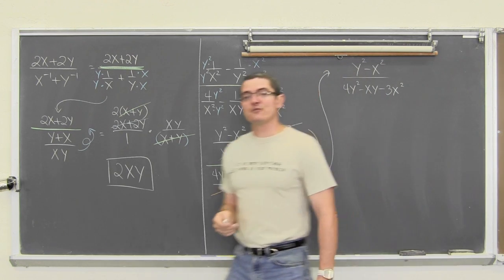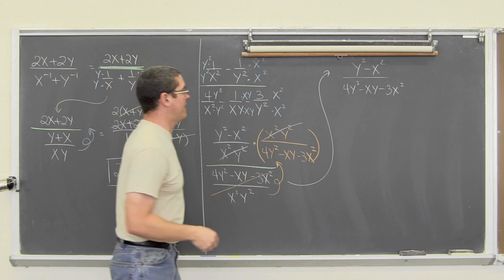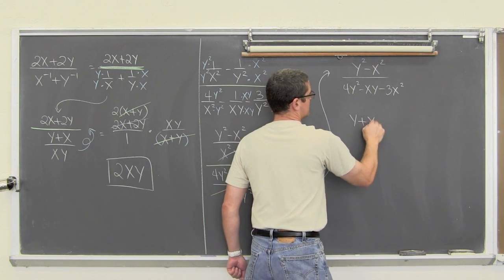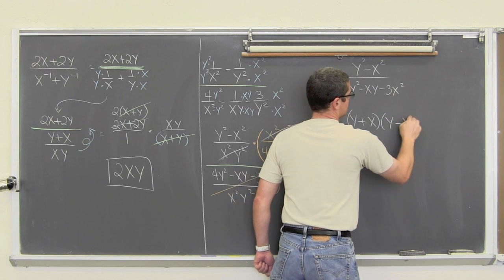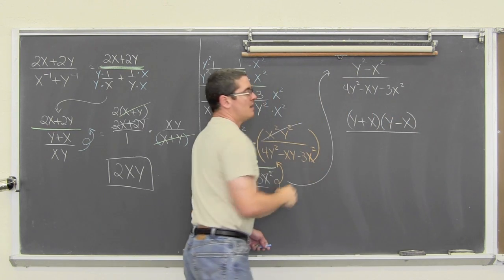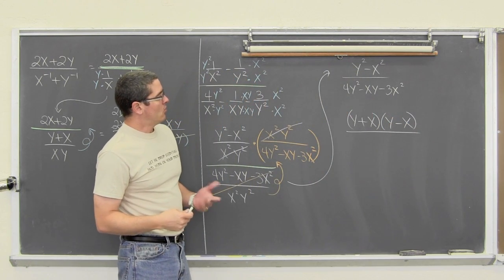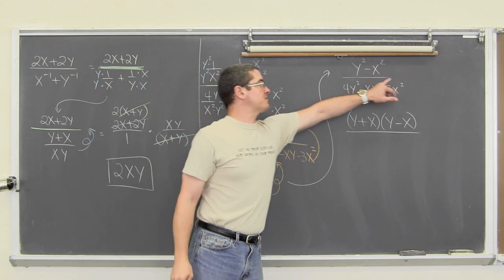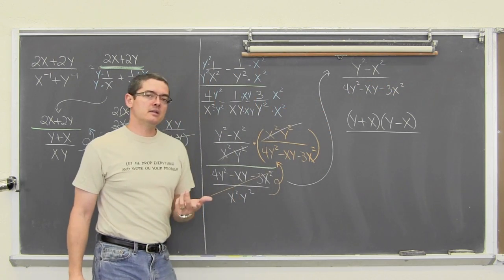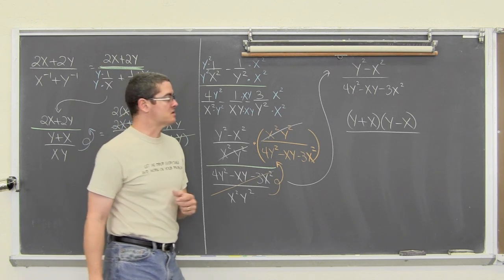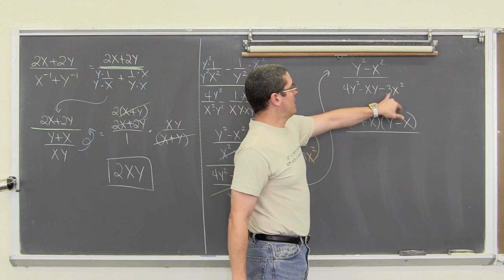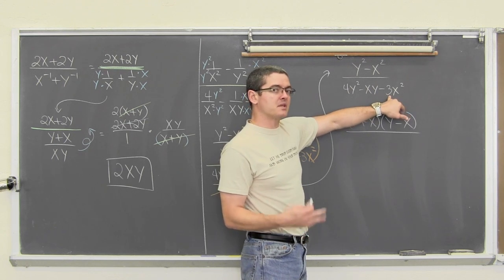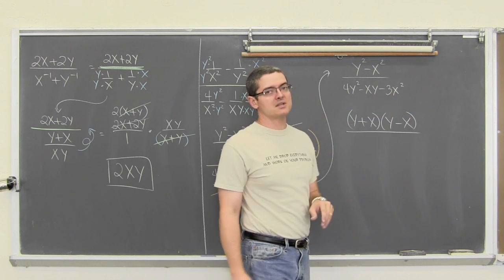Our numerator has a difference of squares, so that's going to be able to factor and give us y plus x times y minus x. Our denominator is a trinomial. It's got powers of 2 in here, and it does not have a leading coefficient equal to 1. So we're going to take the first and last. I would have called this a constant with other problems, but this is a bit more advanced with the variable in the last term.